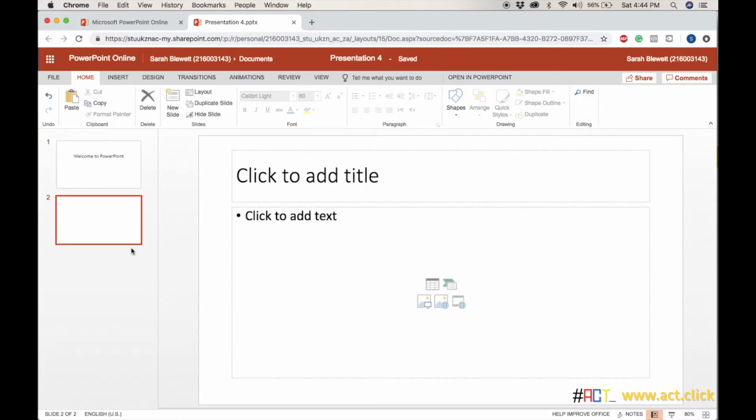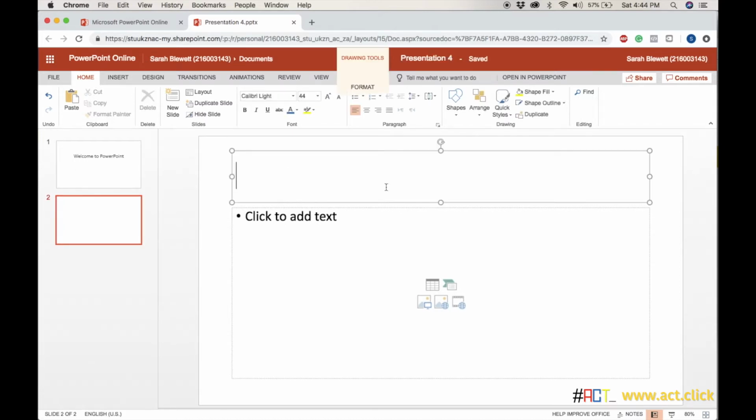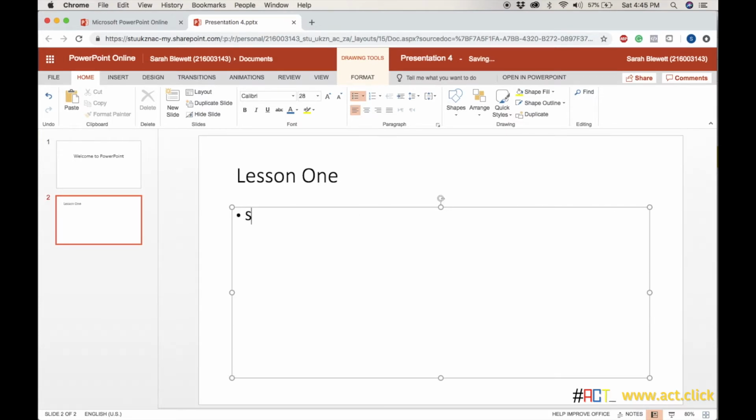You'll see our slide number 2 is now showing this. So whenever we start working on slides and add new slides, they will come up in this little side box over here. And this basically gives us an overview of what our presentation is looking like at the moment. So again, to type, you just click inside that text box and you say whatever you would like to say, and then underneath in the second text box, let's say we want to talk